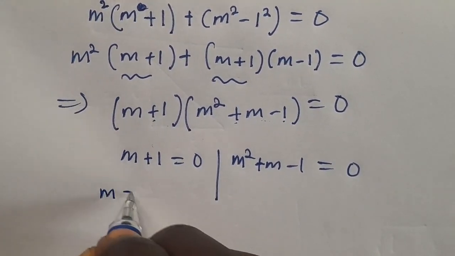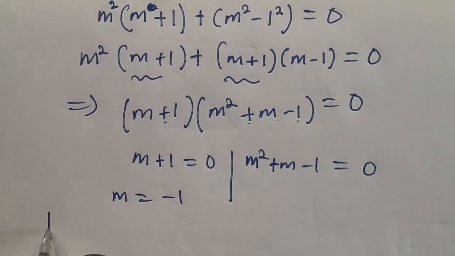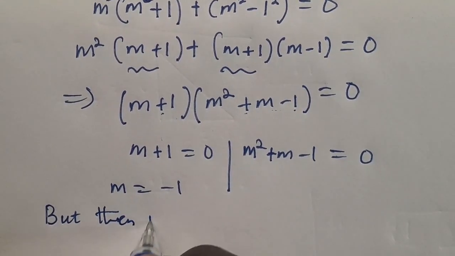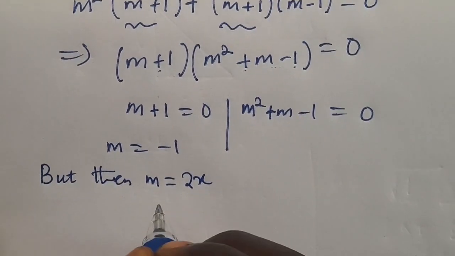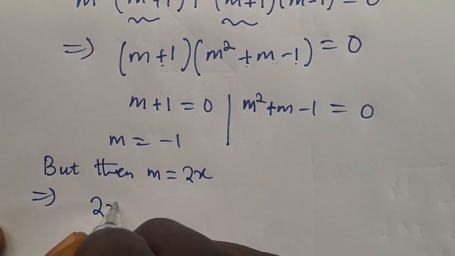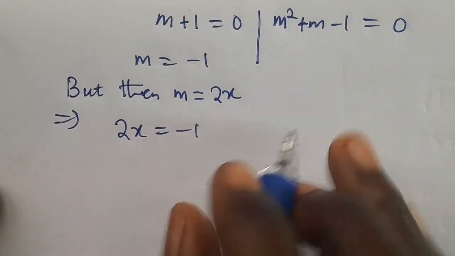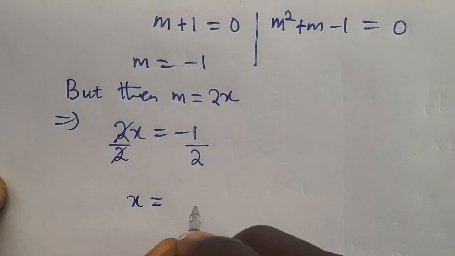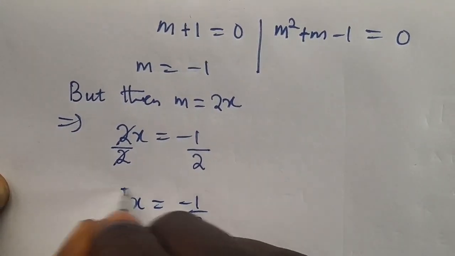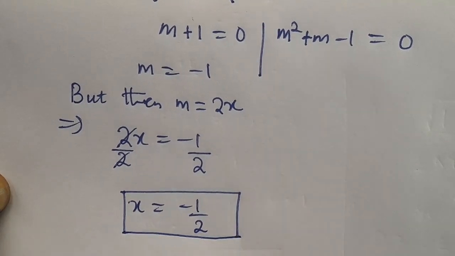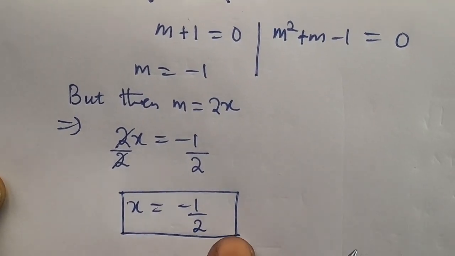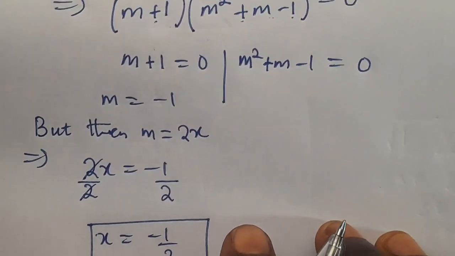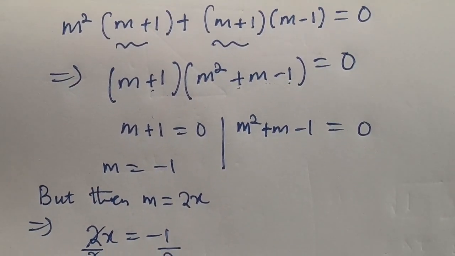So from here you have m equals minus 1, but we have m equals 2x, which implies that we have 2x equals minus 1. By dividing through by 2, this will take away this. We have x equals minus 1 divided by 2. So the first value of x equals minus 1 divided by 2, and to get the other values,